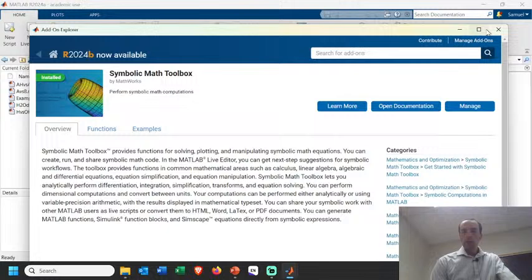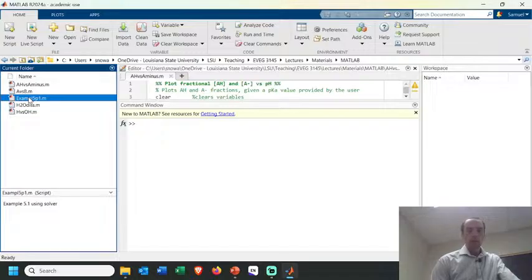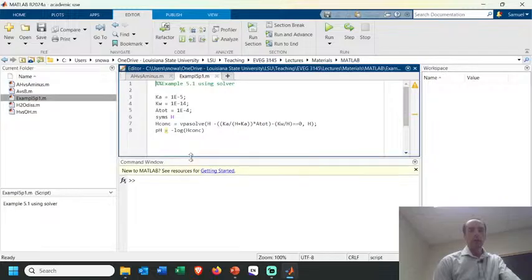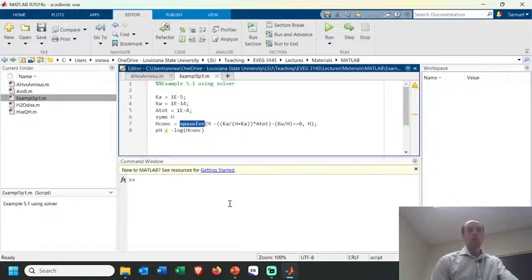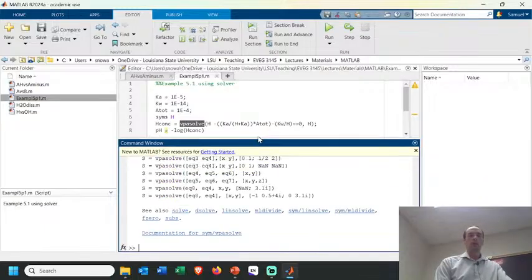Okay, so I think I don't need any of that, and we'll just go back to where we were. Here we go. All right, so I think it was this. Okay, so I started just a little bit of coding this morning, and the function is called VPA solve. And that's what I was taking a look at as a tool which needed this